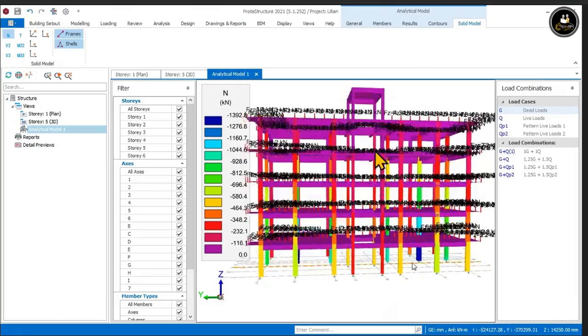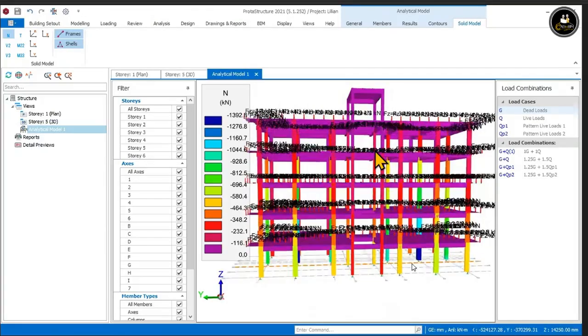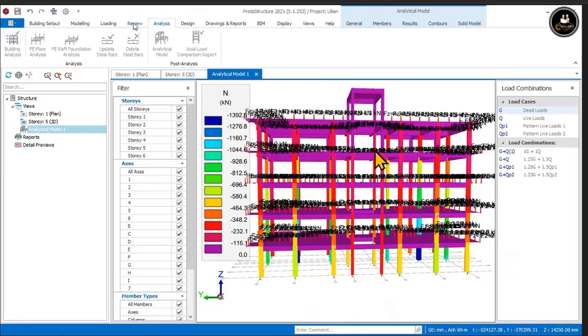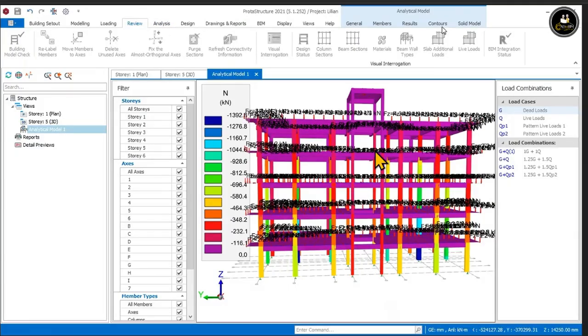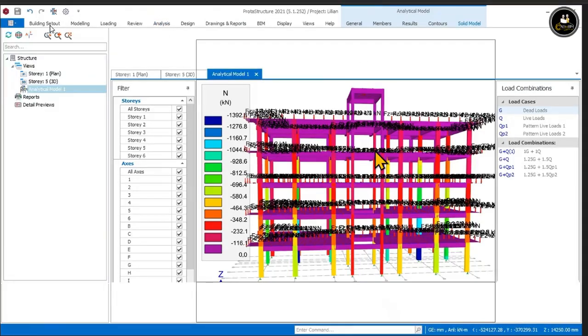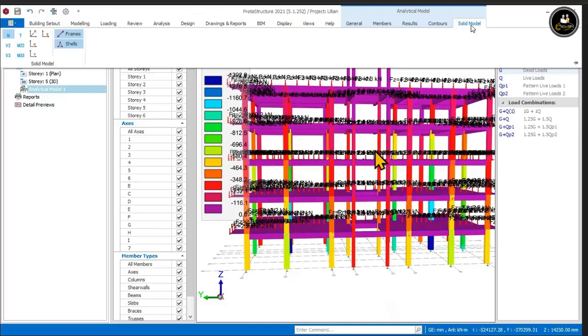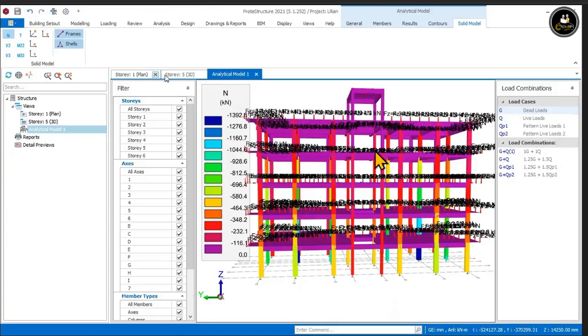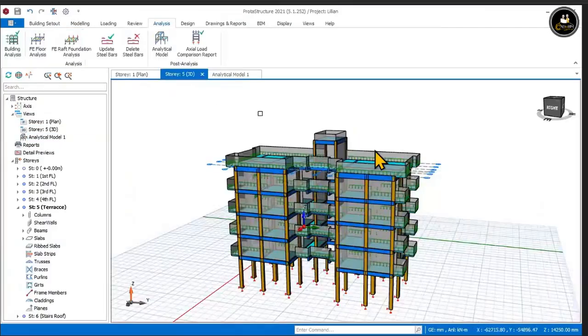So maybe you can opt to use Y12 now because of the deflection in the slabs. So no, we cannot change. We have just to go to the physical model first. So go to the physical model. You can just click on Story 1 3D, and then we